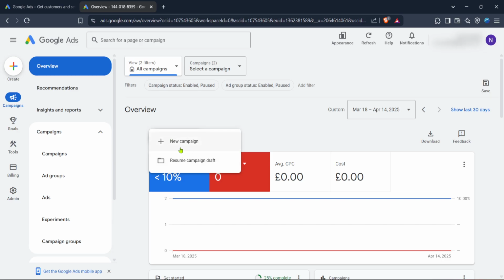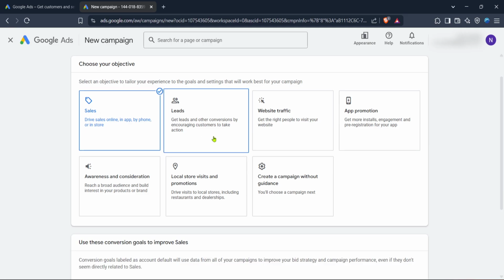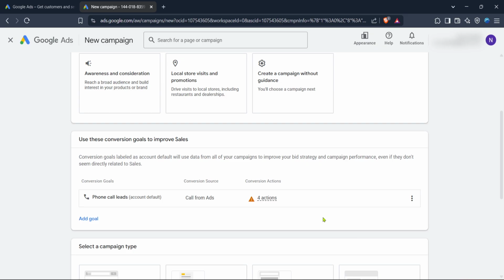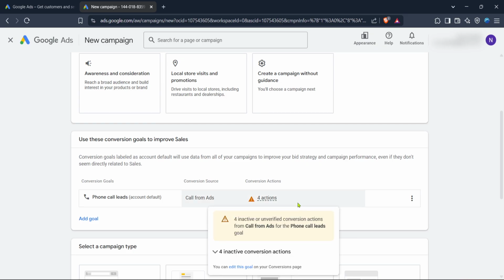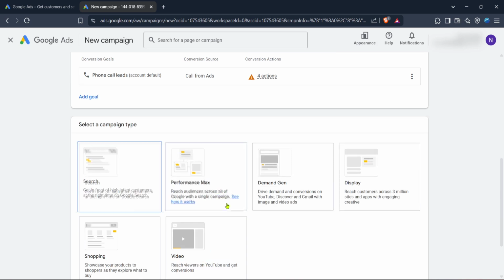After choosing your objective, it's time to decide on the campaign type. Google Ads provides different campaign types like search, display, video, shopping, or app campaigns. Each type has its unique benefits, so take a moment to think about what suits your business best. For instance, a search campaign is ideal for driving targeted traffic from users actively searching for specific products or services,